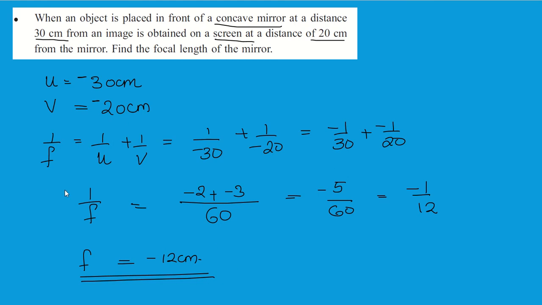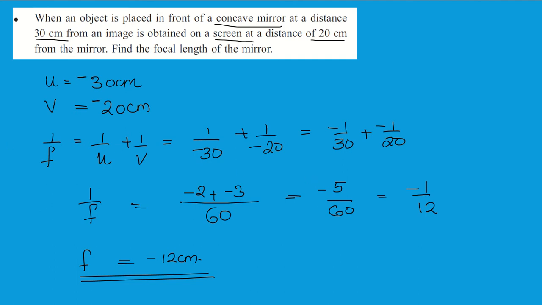So another important thing when we solve the questions, we have to keep in mind, even though we know this is a concave mirror, we know its focal length is negative. Don't put that sign initially. You can put the sign of the quantities given in the question. What is to be calculated, we will be getting the value with the proper sign. It automatically comes. See, I haven't put the sign for focal length as negative here. Finally, answer, I am getting it as negative. That shows it is a concave mirror. So why I'm saying this? Normally, sometimes they ask what type of a mirror it is. They give some characteristics and they ask what type of mirror it is. So in that case, we have to check the sign. Then only we can say which type of mirror it is.